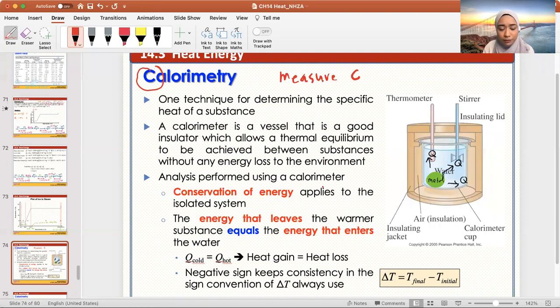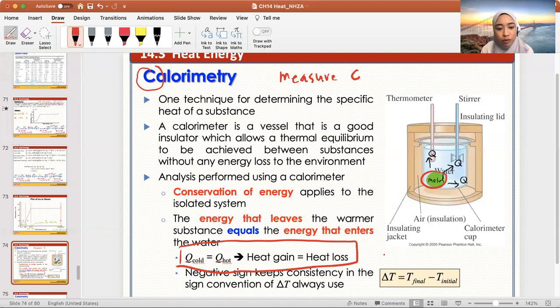We've talked about this slide. Let me recap on this part. Q cold equals to Q hot, or Q hot equals to Q cold, which means that heat gain is equal to heat loss. The heat loss by the metal is the heat gain by the water. Because they are in isolated system, semua heat tu pergi dekat water instead of going to the environment. So we can say that